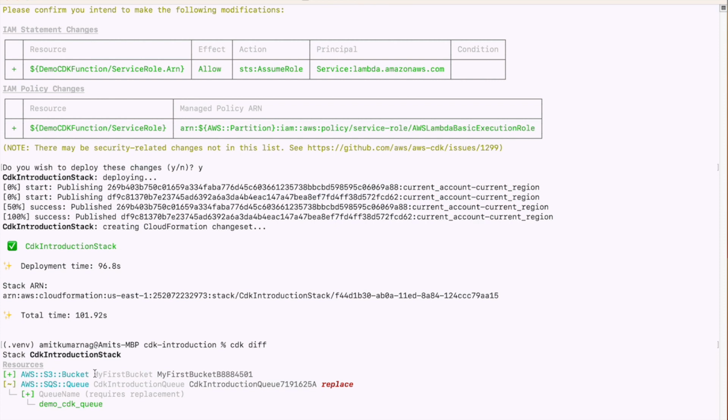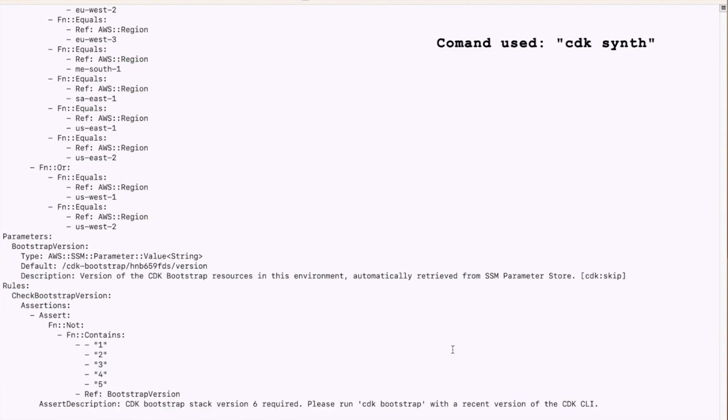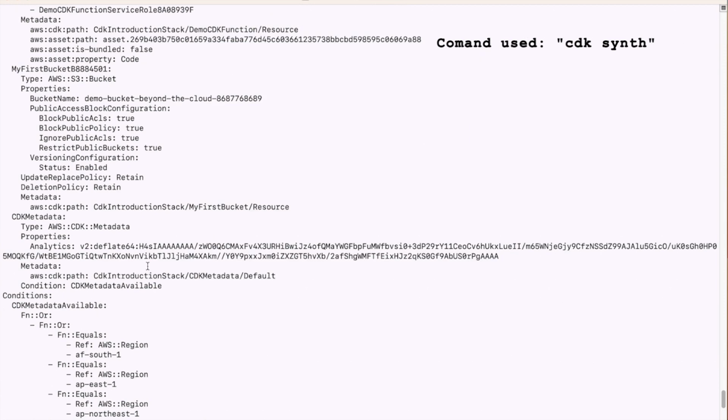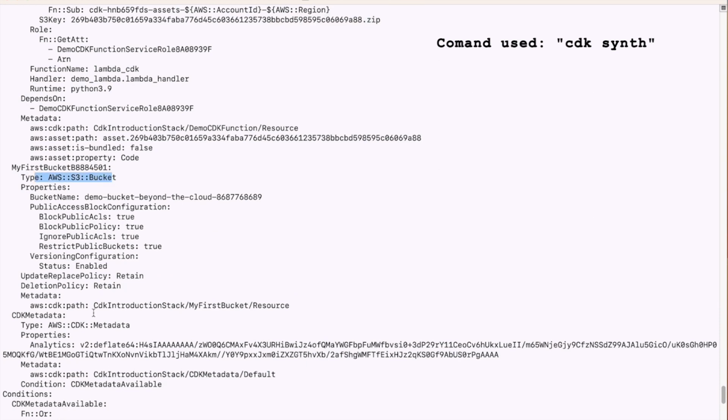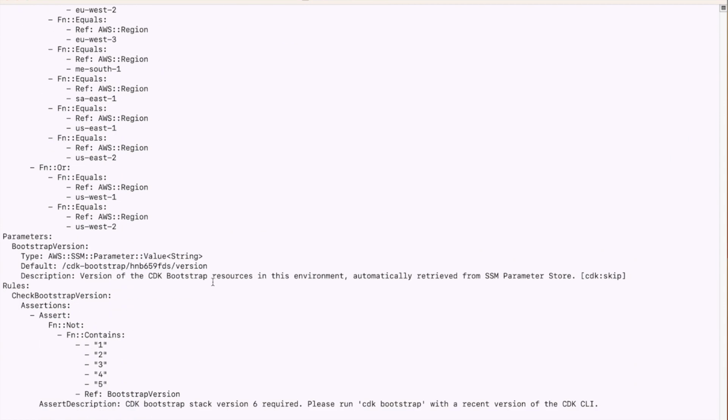So one S3 bucket will be created, and the CDK SQS queue. Remember, we did not give any kind of name for that queue. Right now, it will be replaced with demo CDK queue. Now we have to do CDK synth again, and if we do CDK synth, it will show us the bucket that will be created, the AWS S3 bucket, and the SQS queue name. Right now the queue name is demo CDK queue. Very simple. We have to deploy it now,